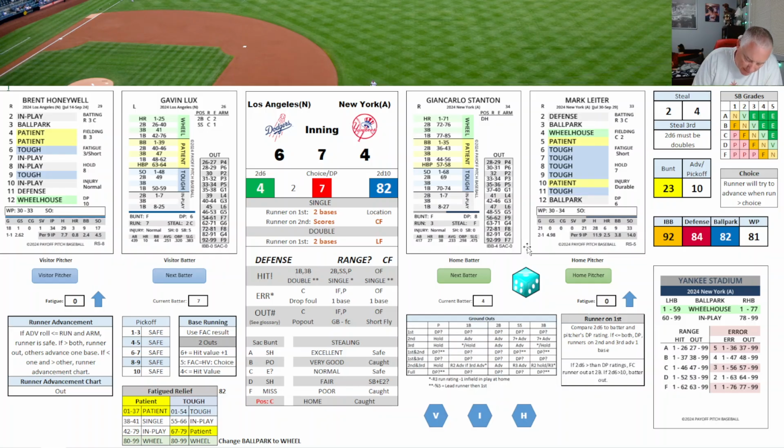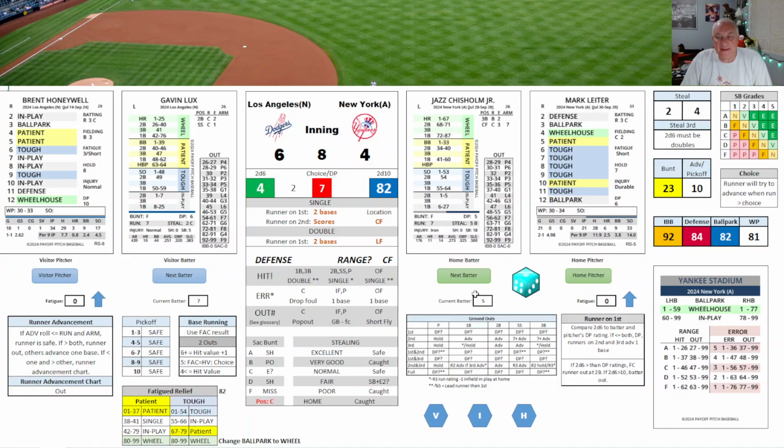Grounded to short. So every batter is a matchup, and games are like that. But it's just cool how it's the pitcher matching up against the hitter, and whatever the pitcher rolls, there's a chance for good and there's a chance for bad. So just because the pitcher can be dominant doesn't mean that they're always going to get everybody out. So that's just a cool feature of the game.